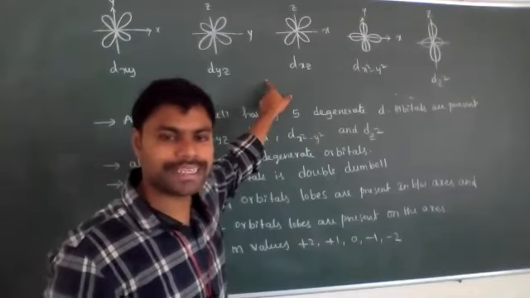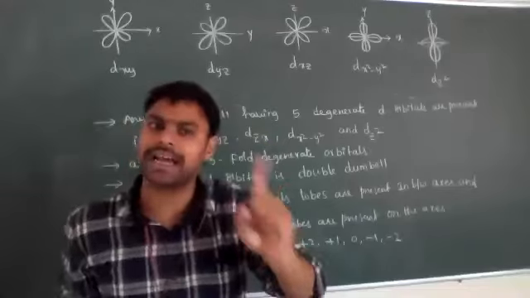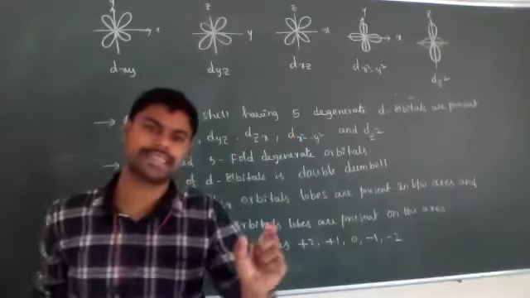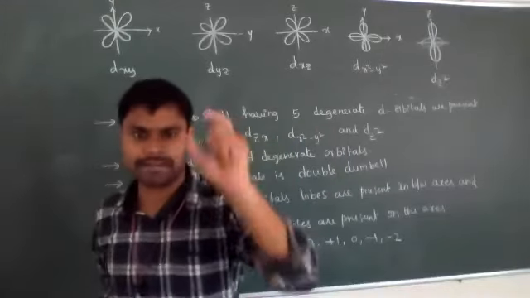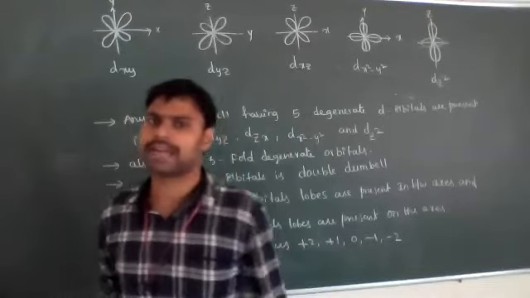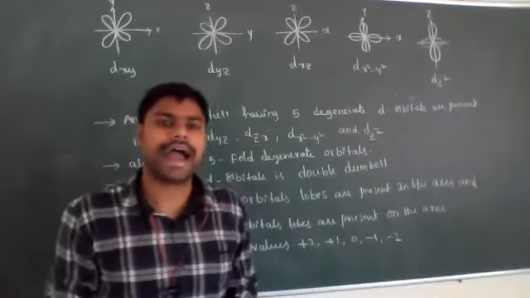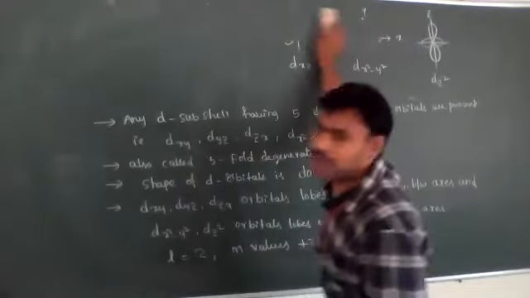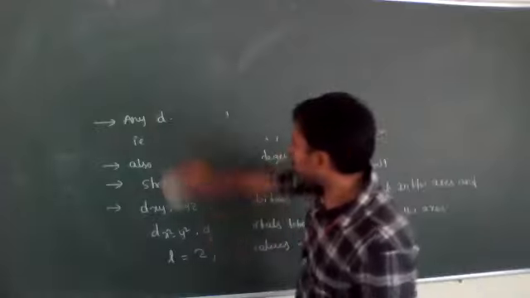The maximum number of electrons present in the p subshell is 3 into 2, 6. The maximum number of electrons present in the s subshell or s orbital is 2 only. According to that, the maximum number of electrons in one orbital, whether dxy, dyz or dzx, or one orbital you take, either px, py or pz, is 2 electrons. The spin values of the 2 electrons are one clockwise, the other anti-clockwise. That's why the spin values for 2 electrons in any orbital are plus half and minus half.